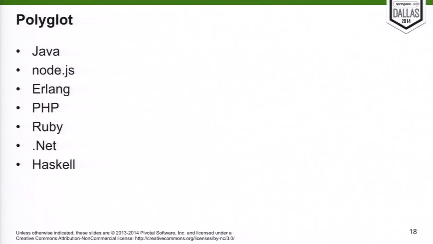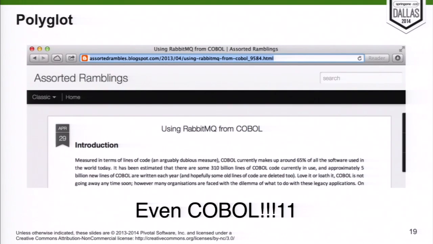I maintain the PHP client. Another RabbitMQ developer maintains the Ruby client. So that's that. And we even have that. I won't say that people still use COBOL, because when I presented at OSCON, a guy came to me after the talk to say, yeah, we use COBOL and we make a lot of money with COBOL. So I don't want anybody from here looking for me after the talk. So for people using COBOL, there's that.